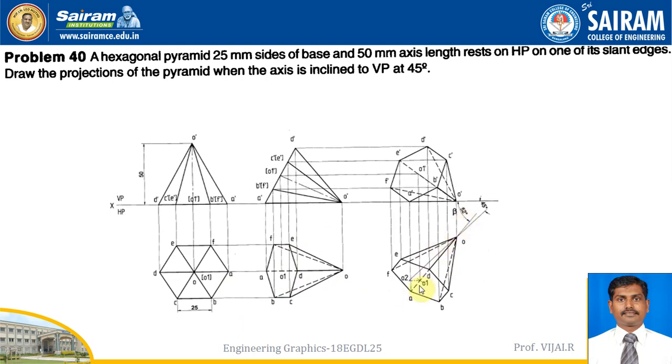Then draw the projection, the front view you have to draw. Since the base is fully visible, make the outer boundary, and the remaining things joining which pass through the base are hidden. Okay, clear? Make the dimensions proper, all the things should be mentioned for getting the marks: X, VP, HP, XY and beta angle, alpha and degree, sizes, dimensions, everything.